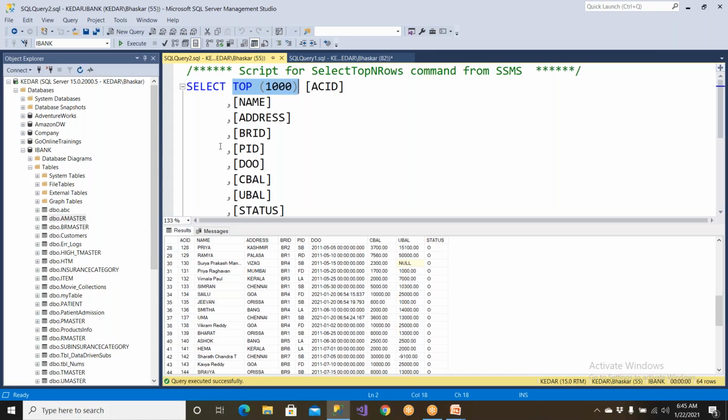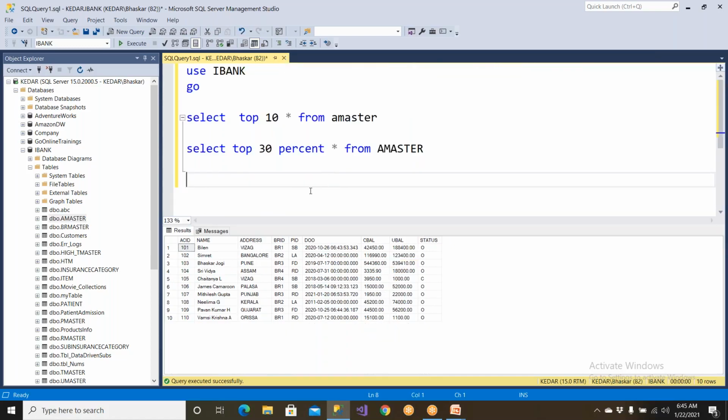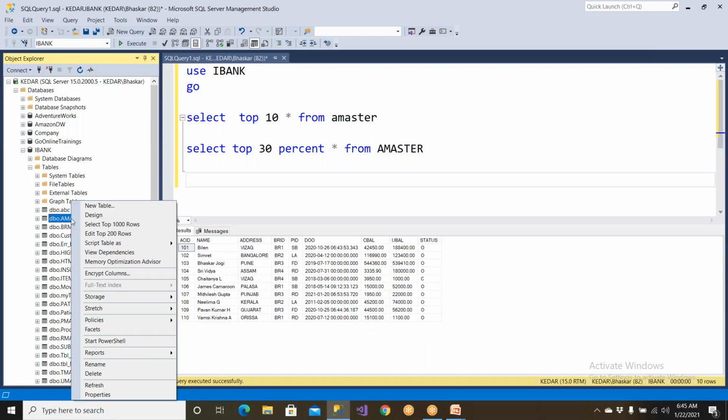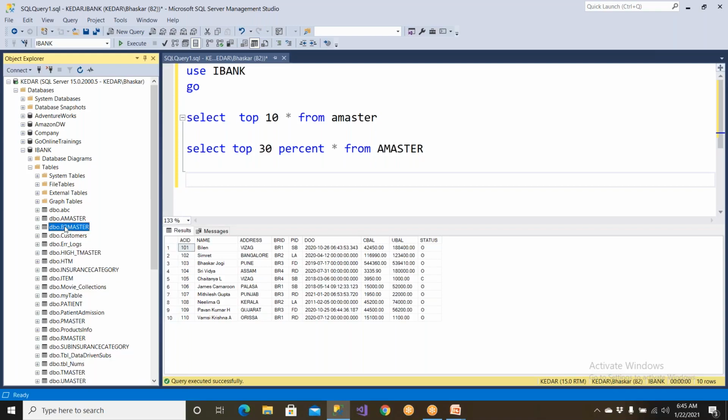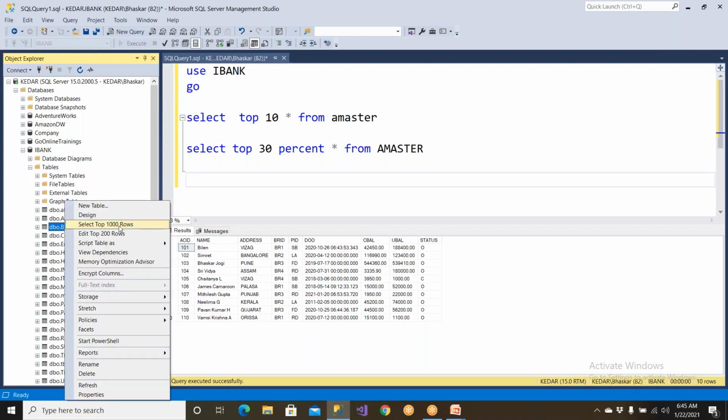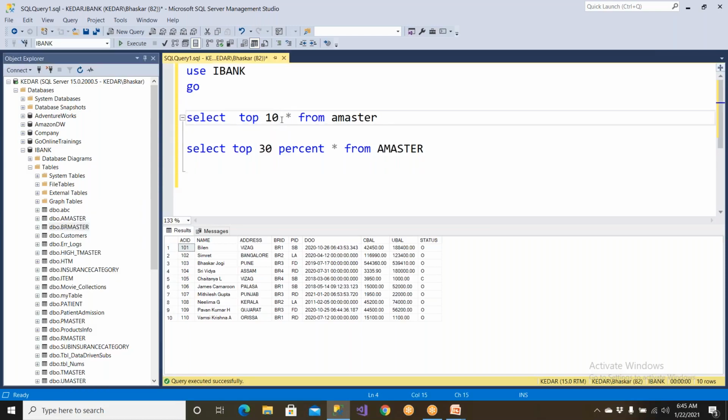Are you clear? So without writing any kind of program, if you wanted to see the data, you can right click on any table and you will see a command, select top 1000 rows. It is equivalent to select top 1000 star from this table. Clear? It is a very, very important command that you can use. But